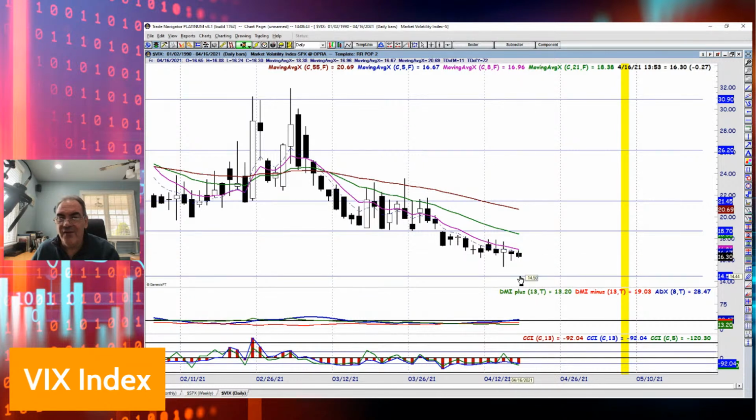Now, our next level is 14.50. I'm not worried if it makes it to 14.50 or not, and I'm not saying it's too low. What's happening here is this. If you are a buyer, meaning if you are buying a call option or buying a put option, your option prices are going to be very inexpensive in comparison to where they were when the VIX was up at 85. As a seller, I want to take in more premium. As a buyer, I want to pay less. So this is a great market for a buyer, whereas the problem with being a seller here is we tend to get less premium.